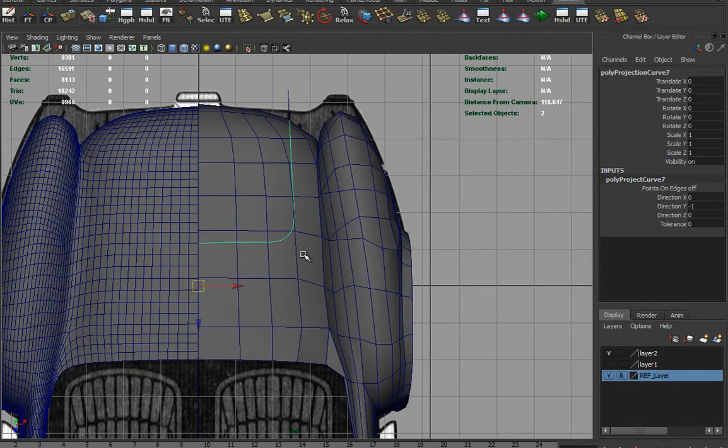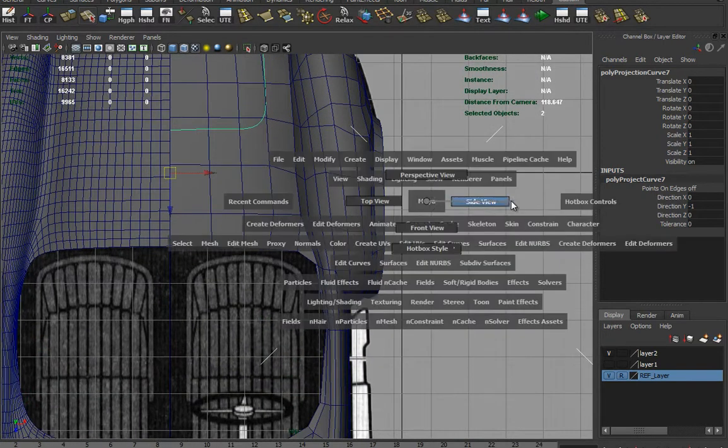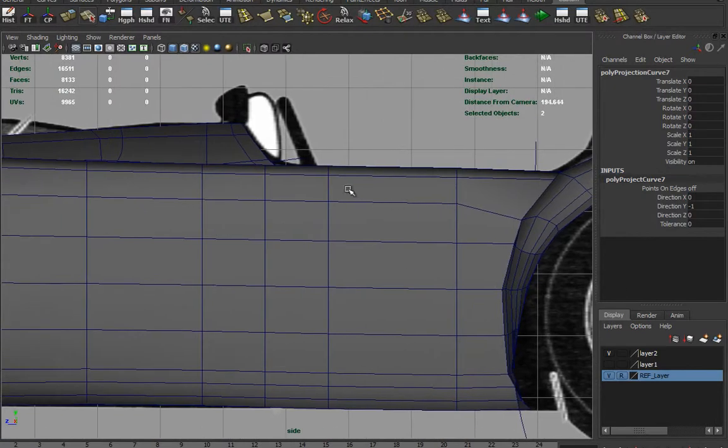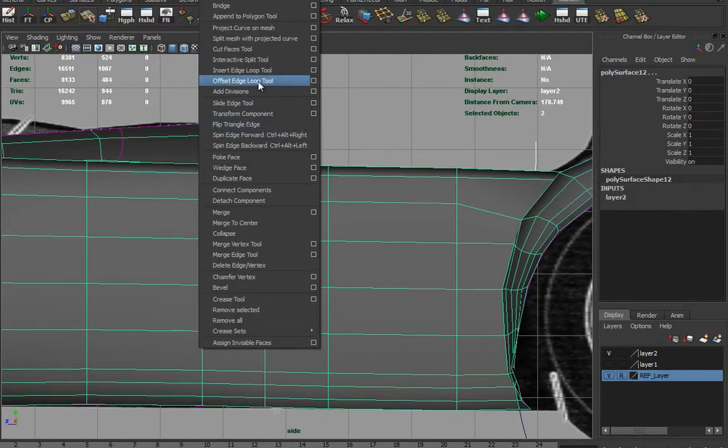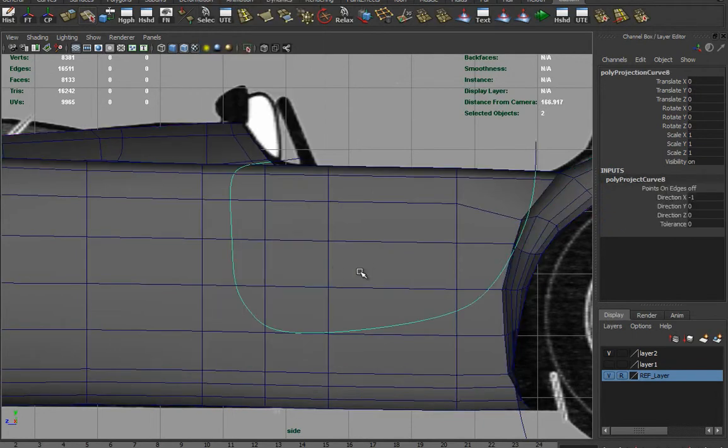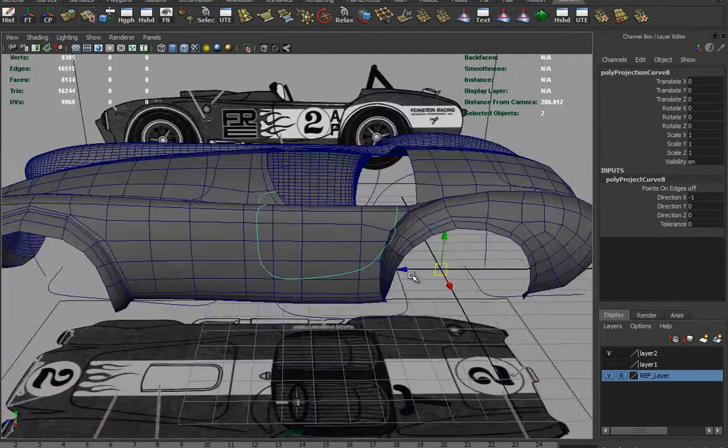And also this gives me something that I can kind of look at afterwards and start to try to match up the geometry a little bit better with the curve that I create on the surface. And let's go here to the side view. And edit mesh, project curve onto mesh. Okay, and